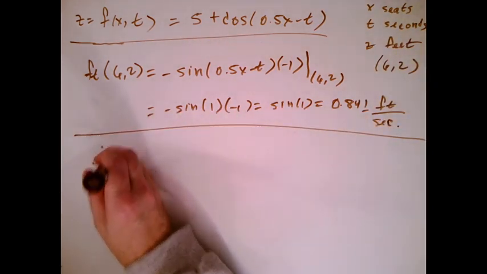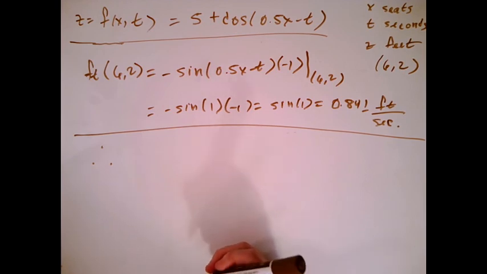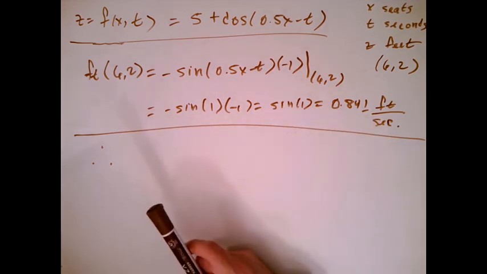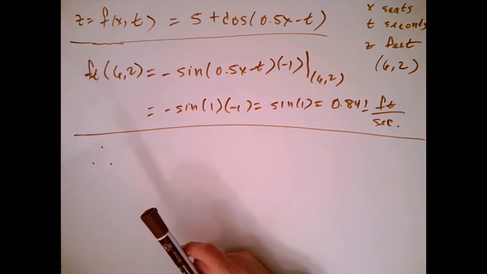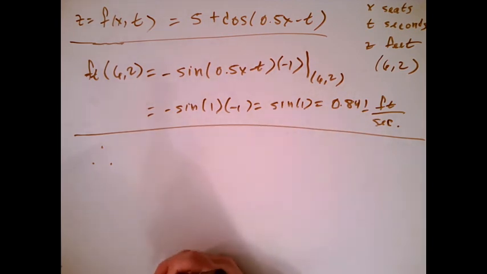Now, if we just would interpret it, we would say the person's head is changing at 0.841 feet per second at that moment. That's not actually the way it gets used. These things actually get used to try to predict something else. And what I want to say is, okay, if seconds goes up by 1, the person's head should go up about 0.841. Well, how can the seconds go up by 1? By going from 2 to 3. So what we're going to say is,